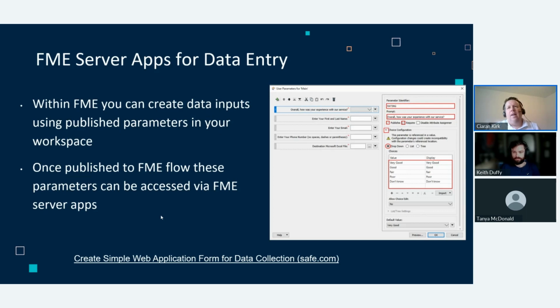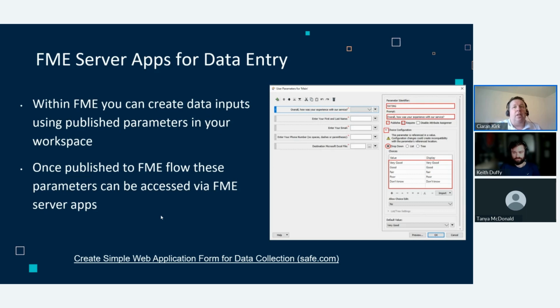So it kind of, I'm not sure if Safe meant it, but because they were publishing their server apps with the ability to publish parameters, that then opened up that they could garnish information and capture information. And they've made that really clever now, so that you can create these little server apps that can capture information, use drop-down lists, upload a file, upload whatever it is you want, to write to a database using your FME